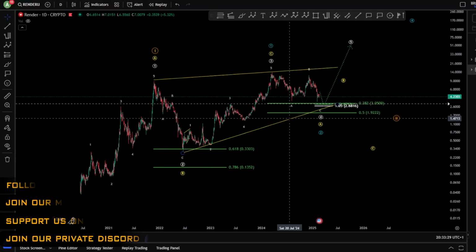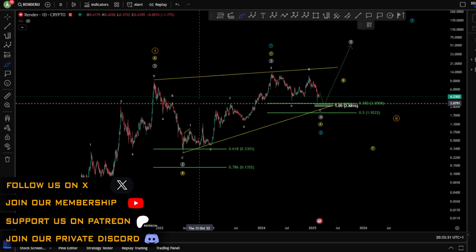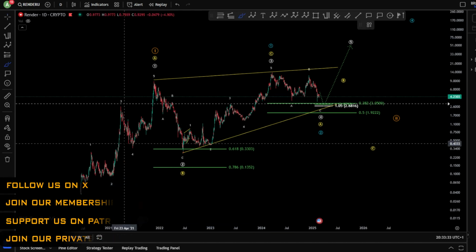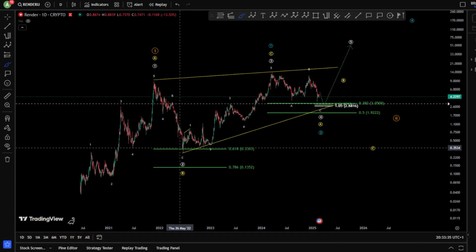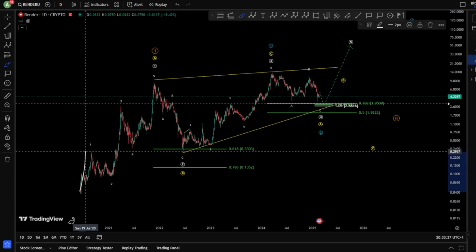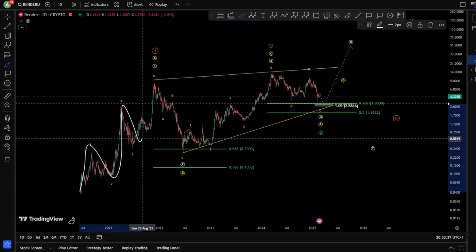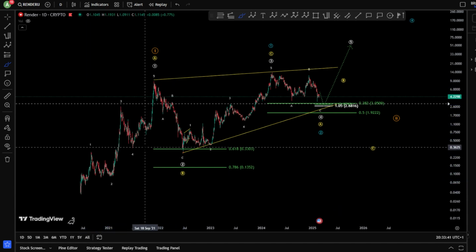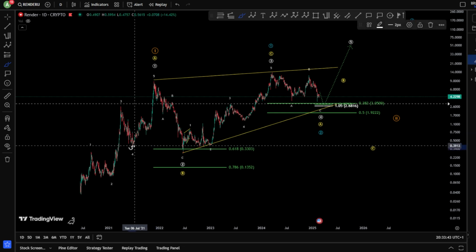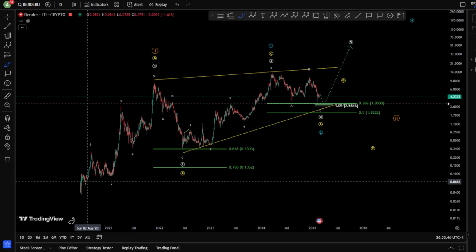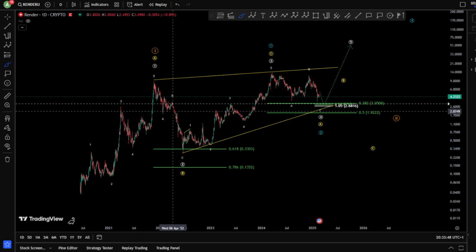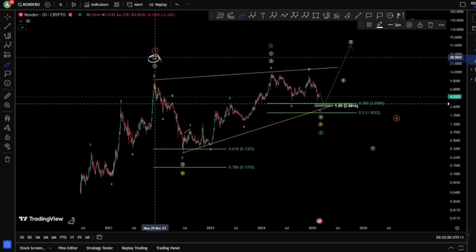Hello everyone, welcome to a new video for Render price prediction based on Elliott wave analysis, starting on the daily chart for an overview of Render between the bullish and bearish scenarios. We start here with this impulse 1, 2, 3, 4, and a 5, where we see of course the wave 4 did not interfere with wave 1, so a very perfect impulse, finishing wave A or a wave